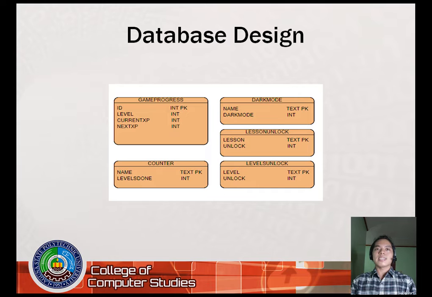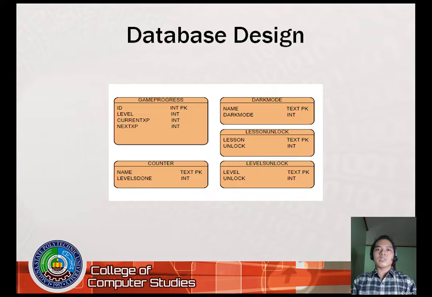Next is database design. The application has 5 tables in the database that include game progress for manipulation of leveling when one level is finished, counter for counting of levels done in the 3 programming language challenges, lesson unlock for unlocking the next lesson, levels unlock for unlocking the next levels, and dark mode for enabling the dark mode theme in the application.